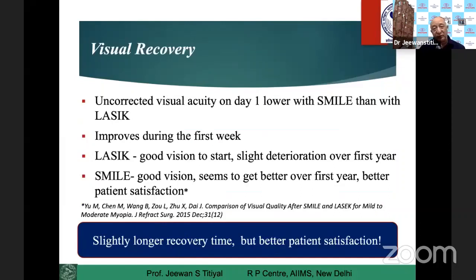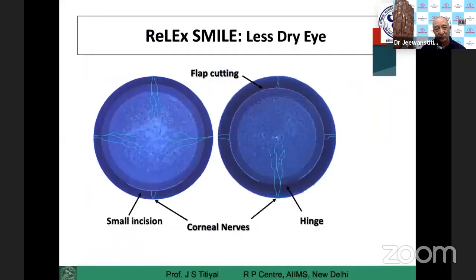Visual recovery wise, you would have heard many people saying SMILE patients recover slightly late or delayed, but it all depends on how effective your laser application was, how easy and smooth your dissection was, or how difficult the black spots were in these patients. That will make a difference. So easy dissection and better laser application give you a similar outcome on day one with SMILE as in LASIK patients. And the higher the refractive error, the larger the lenticule. So sometimes there can be a slight delay in recovery to 6/6 in these patients. But with long-term results, they are equally good. And in fact, people say SMILE does better in the long term.